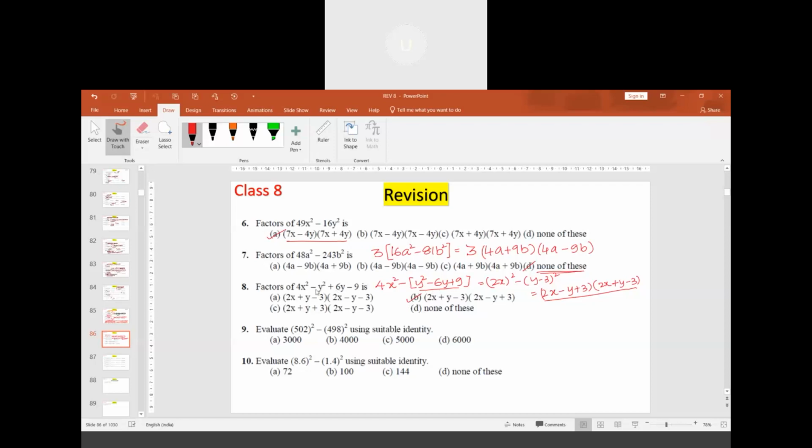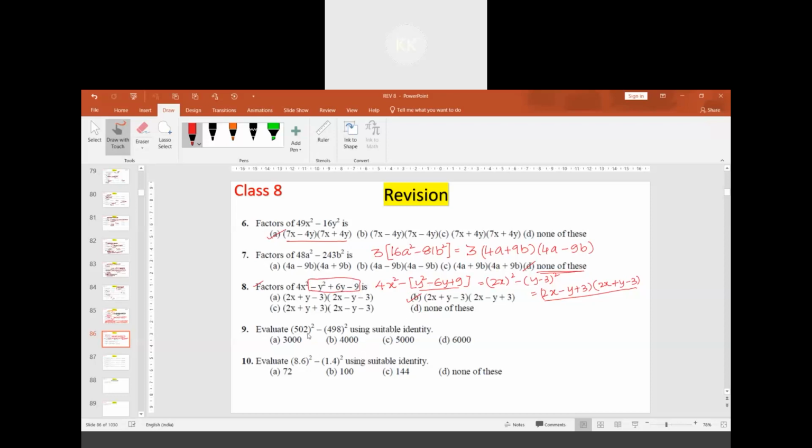If you are having doubt on this, the best thing is you simplify it. From here I have taken this as 1. I have grouped here by taking minus of.